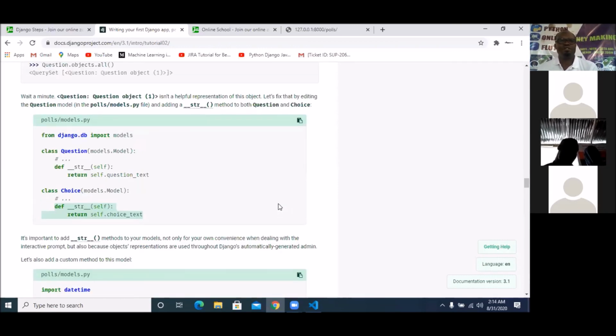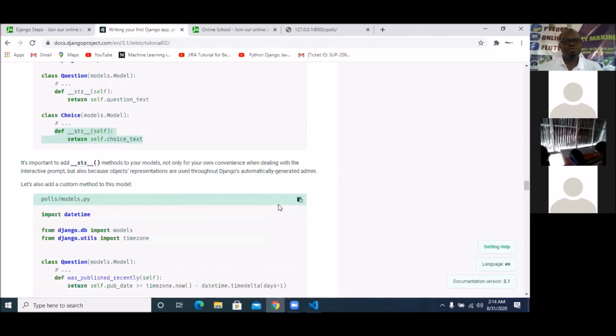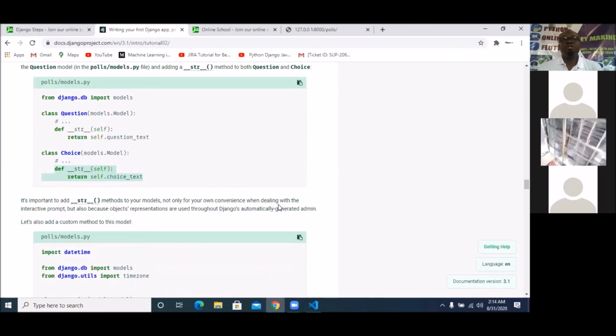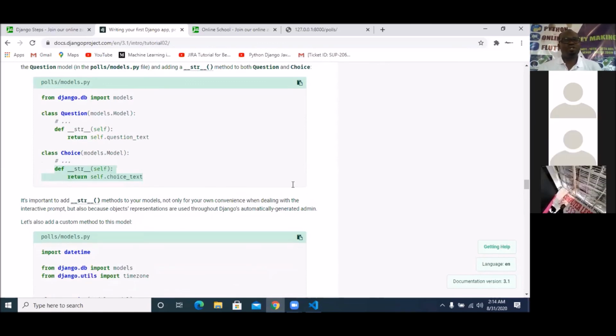So I'm going to give us more time to catch up with what I've just done so far, so that once you're done, we can continue. So please try to follow up. Make sure that you run your server, do your runserver, very, very important. And make sure you do it in the right directory. Immediately after doing that, get to input the codes that we've done so far, so that when you're done, we can continue.